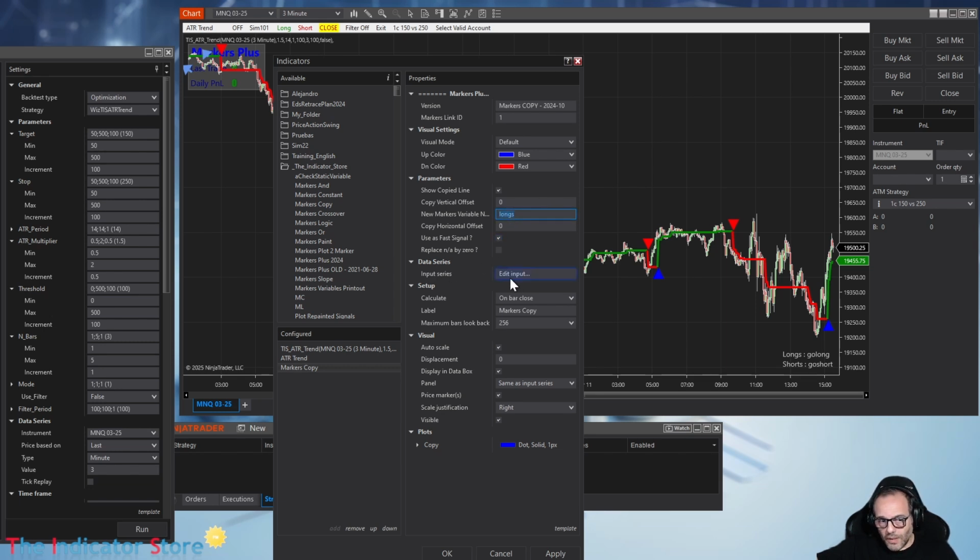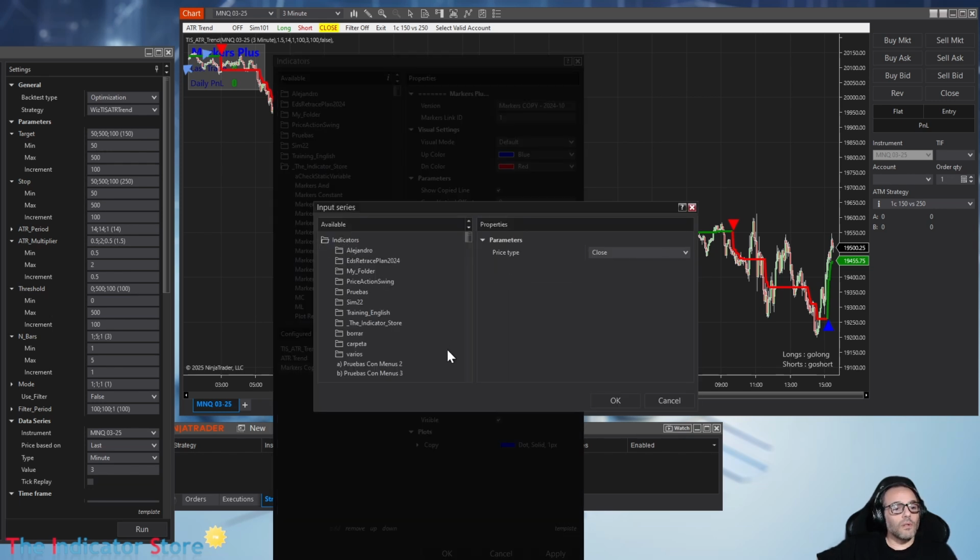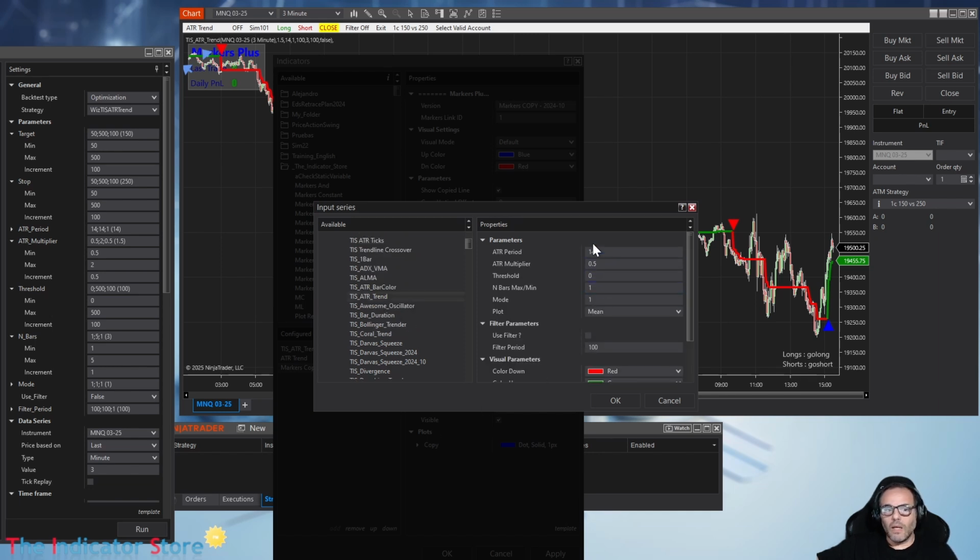And what is longs? On input series, I need to find this indicator with the same parameters, okay? And I have the parameters visible here. So we go to input series, indicators, ATR trend, and we need to configure the parameters. 14, 1.5, the threshold is 100, the number of bars is 3, the mode is 1, okay, we are looking at the highs and lows, and the plot I want to copy